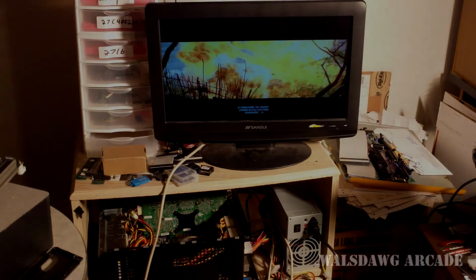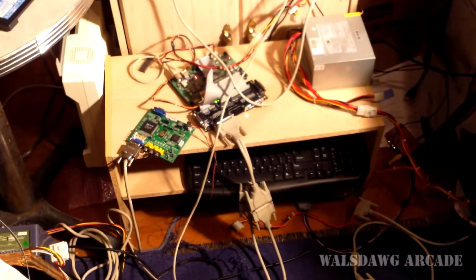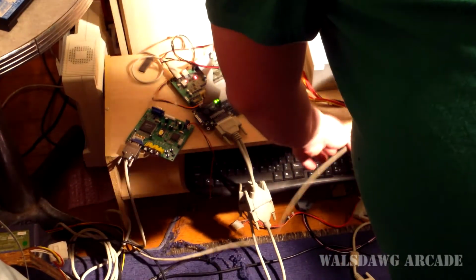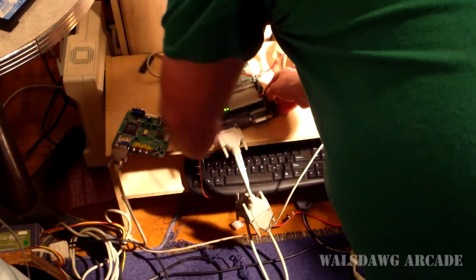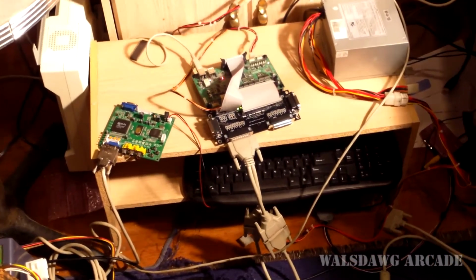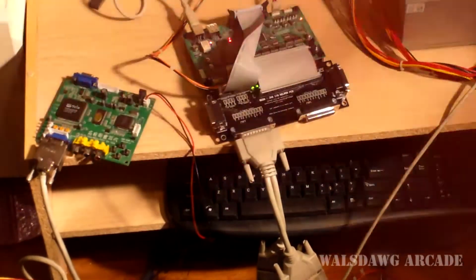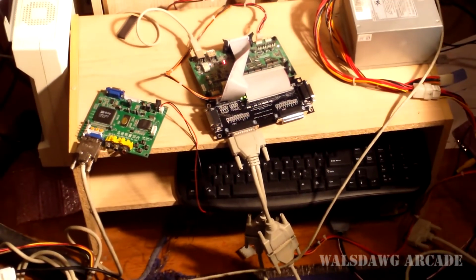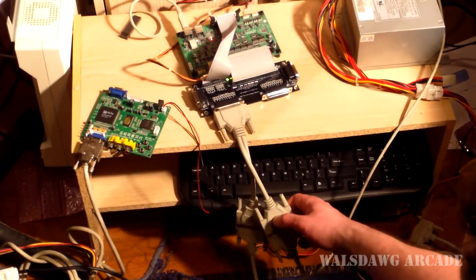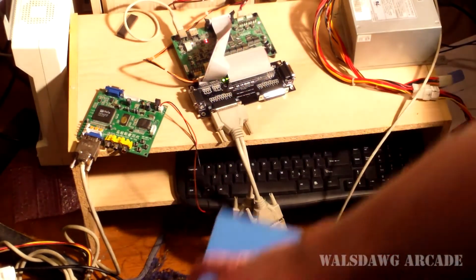Alright, so my setup's a little messy right now, but let me go ahead and demonstrate this to you. Let me take it down here. Maybe a cable, get that out of the way. Some I/O cable. Alright, right here I have my S-JIHP. The black PCB is attached to the Sega I/O, and then what I do for games like this where I need extra buttons for start and everything, I have a splitter here, so it splits to 2 different DB25 connectors. The one connector here is connected to the joystick here for all my extra buttons,